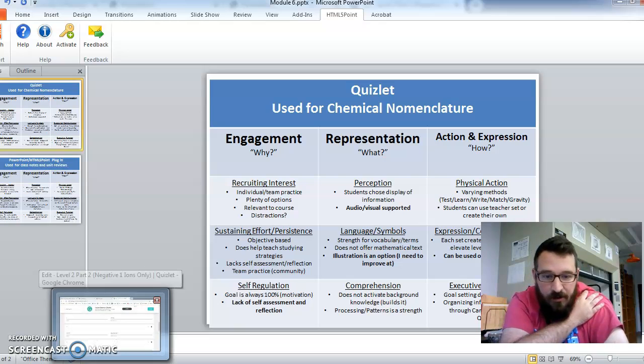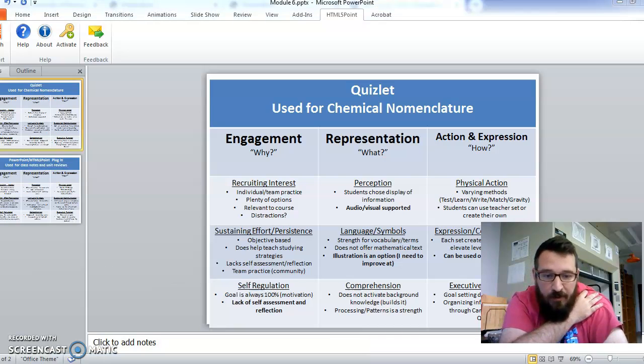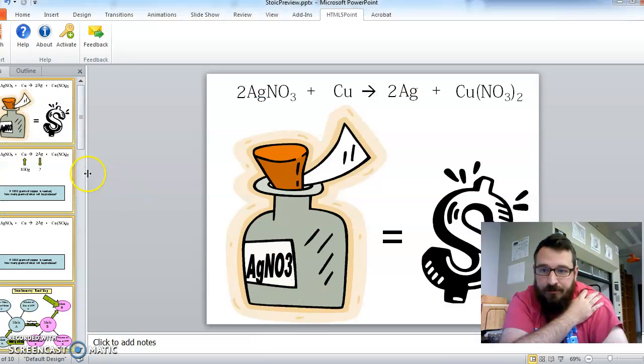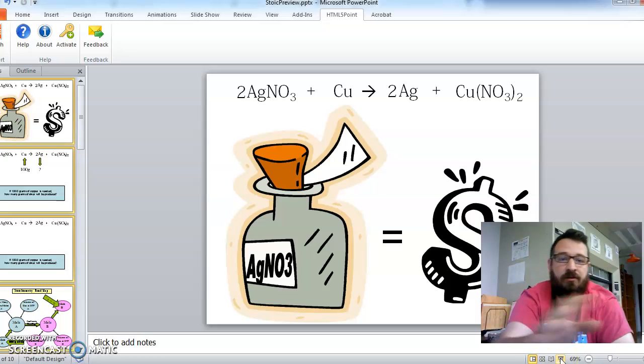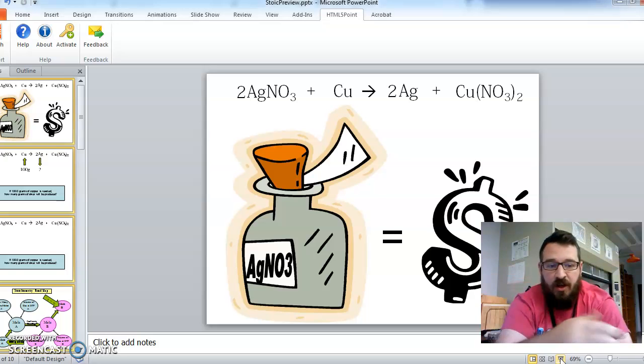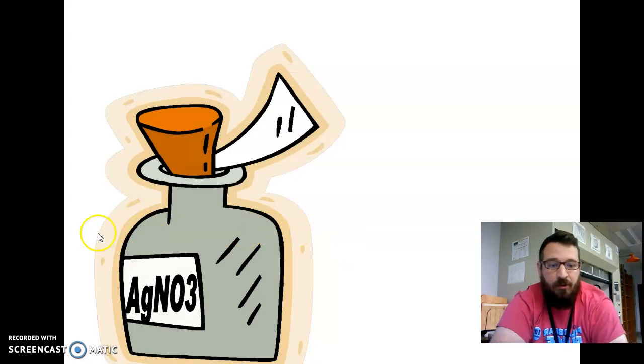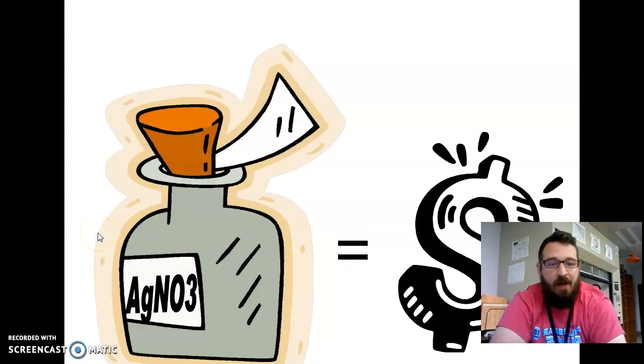I gotta move quicker. So the next thing I want to show is my PowerPoint. So for chemistry, it's very important that I use detailed slides, because especially when we're going through stoichiometry where you are converting from one side of a chemical equation to the other, I want to show the steps, especially in my presentation. So if I pull up a slide, we want to see how much money we can get out